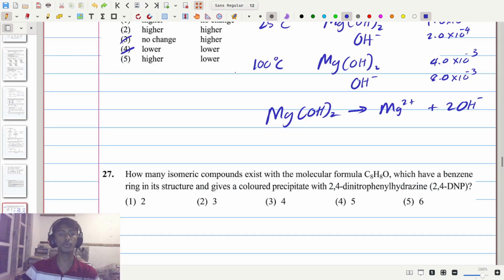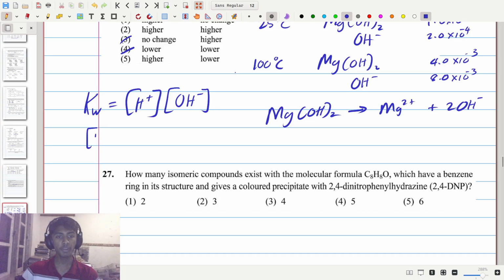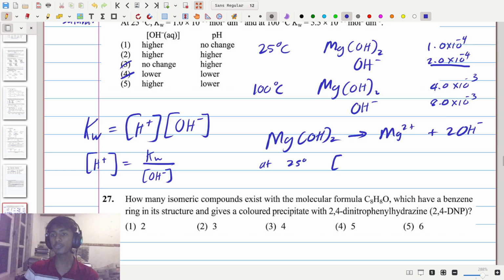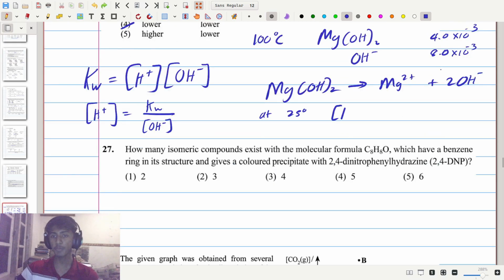Now Kw is equal to the concentration of H plus in water times the concentration of OH minus in water at a given temperature. So as we can see, the H plus concentration will be equal to Kw divided by the OH minus concentration. Now according to that, if you take a look at 25 and 100 Celsius, at 25 Celsius, we have OH minus concentration being equal to 2.0 times 10 to the minus 4, and therefore the H plus concentration will be